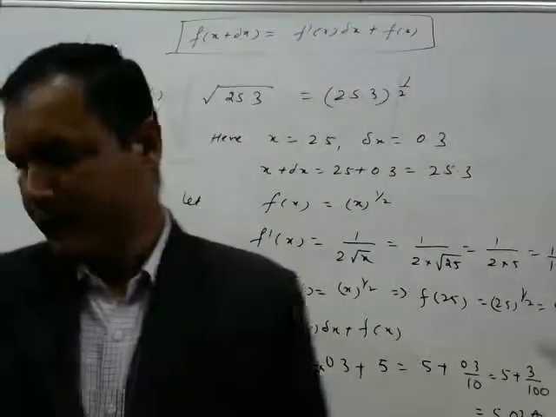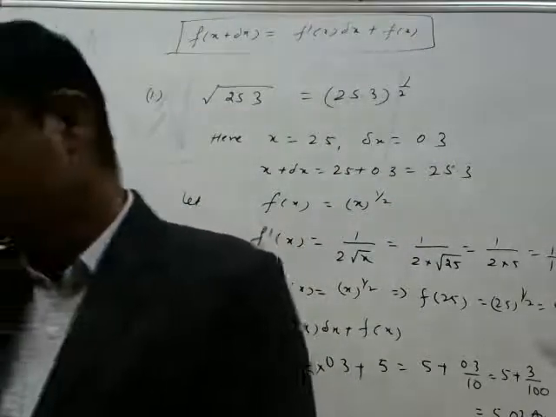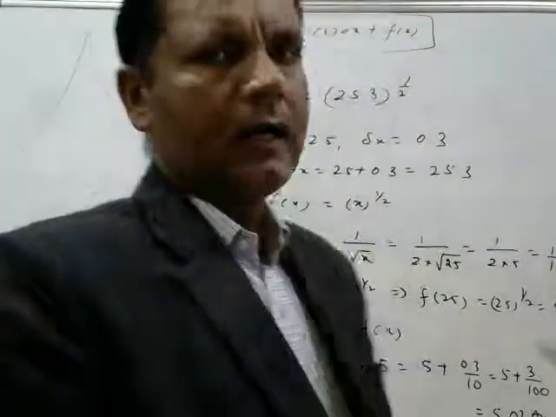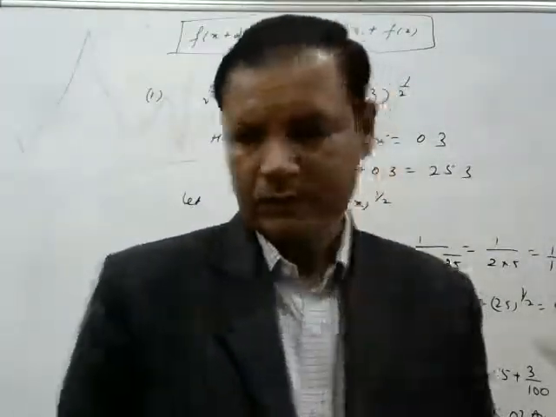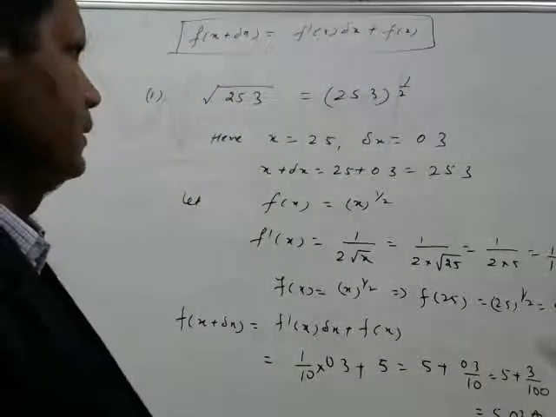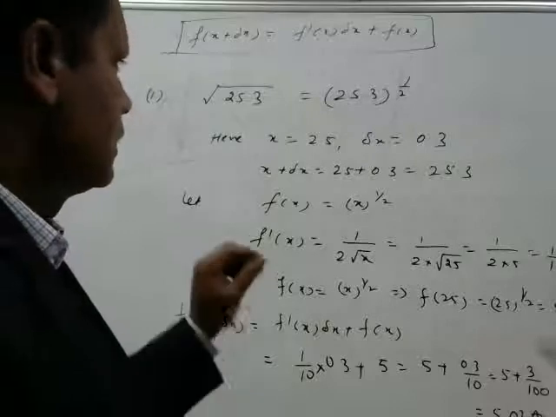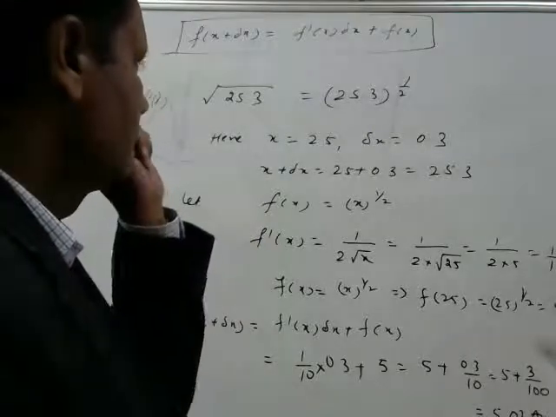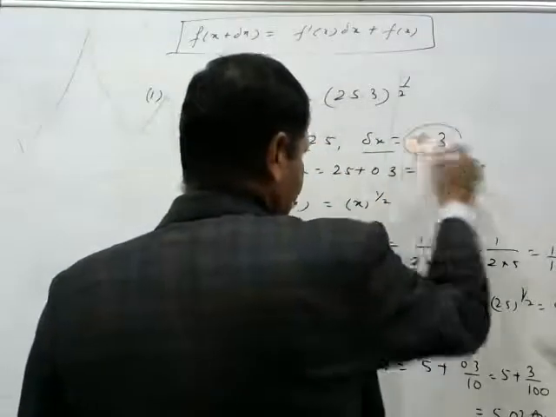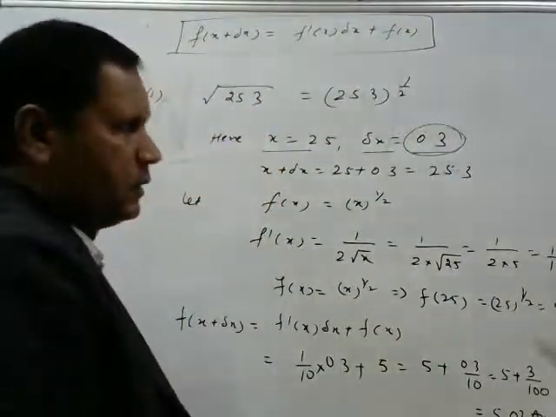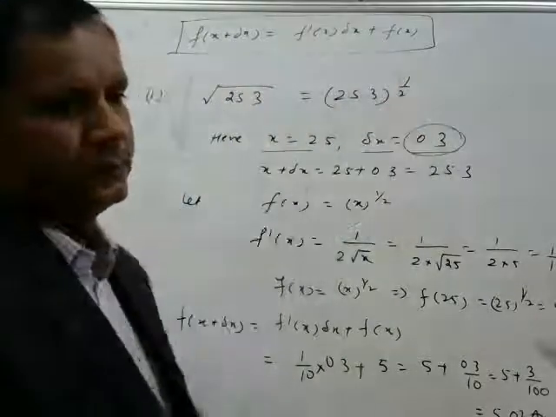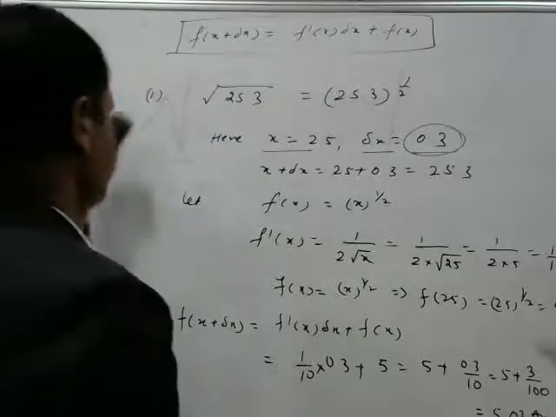Right? This is the way to find out the value of approximation of all the questions. I'll do one more question for this. Right? I think it is clear. Simple. Just you have to be smart enough while you are assuming x. Delta x can be negative, can be positive also. But that depends on which power do you have over here. Right? Let us see for the next question.